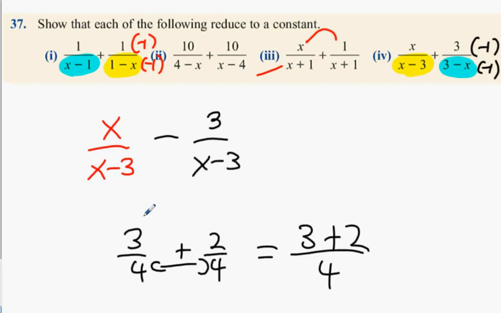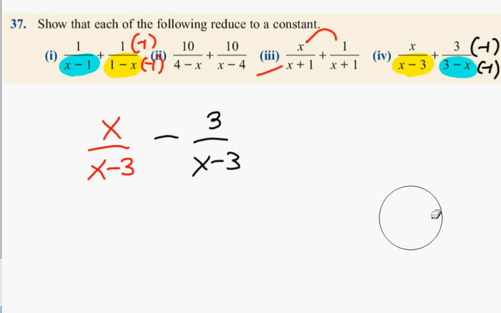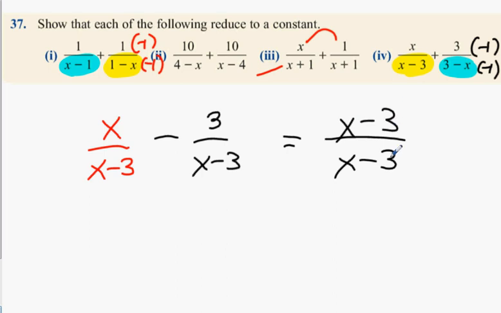And then you just add the top parts together to get 5 over 4. We're going to do the same thing here. What happens to the x minus 3's on the bottom? They join together just to make x minus 3. What is x take away 3 on the top? Same number top and bottom? Equals 1. Okay. Alright, that was